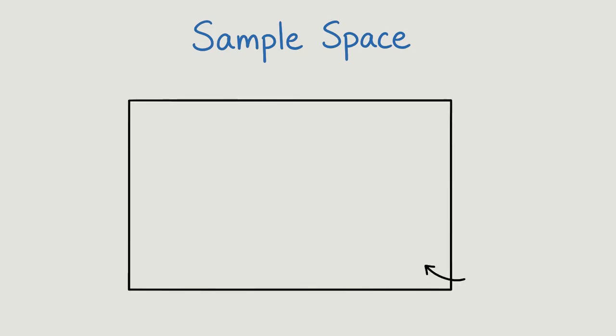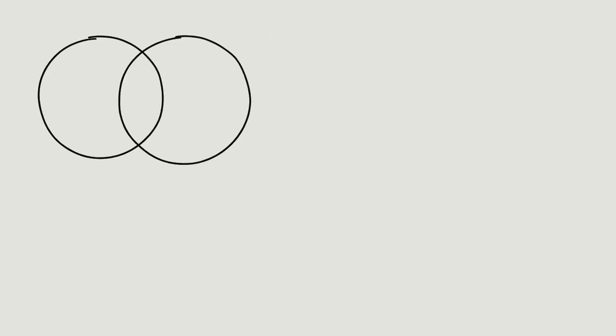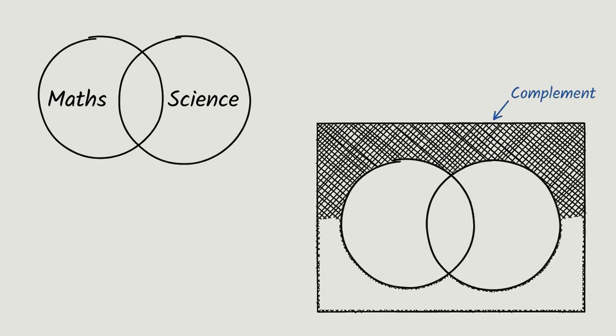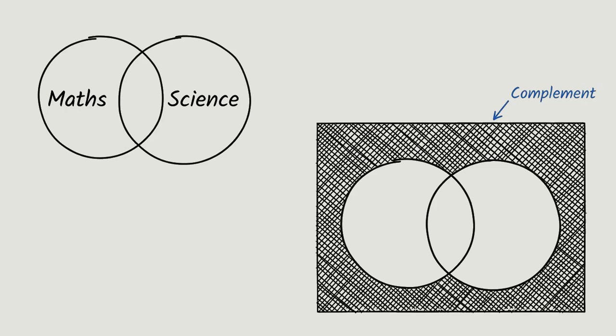Start with the picture. The rectangle is the sample space, meaning everything that could happen. All probabilities inside that box must add up to 1, or to the total number of people in a survey. Each circle is an event, like liking maths or liking science. Being outside a circle matters just as much as being inside because it represents the complement, the outcomes where that